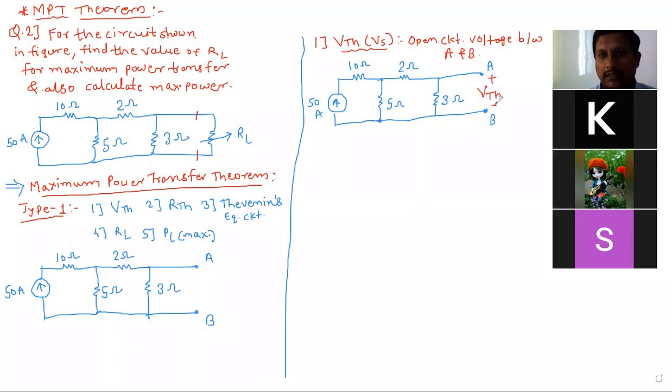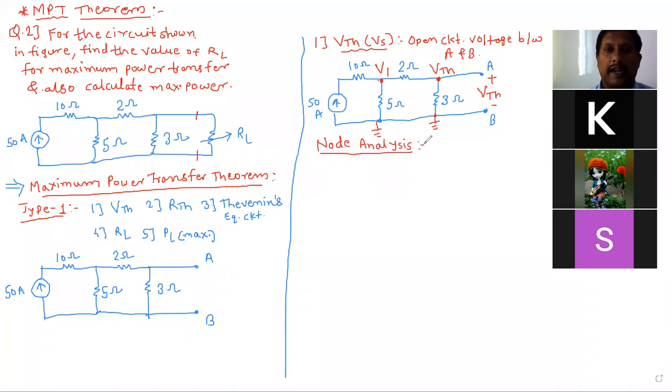This is plus, this is minus. So A and B, these two terminals are coming from 3 ohm. So the voltage across, if you are considering this as a ground point, the voltage across 3 ohm, this resistor is exactly parallel to this, that is VTH. But this is not VTH because 2 ohm resistor is present in between. So this voltage we can consider as V1. So these two node voltages we have to find out. So if we are going to find out node voltage, then we have to use what? Nodal analysis. Yes. So nodal analysis we have to use.